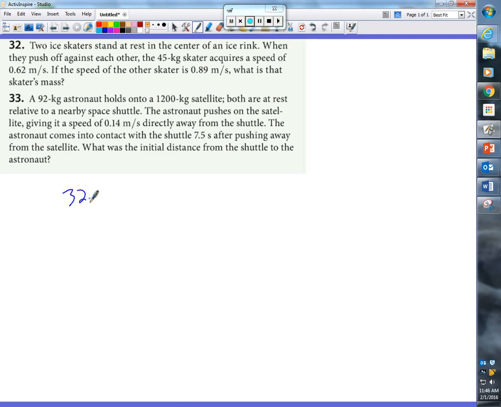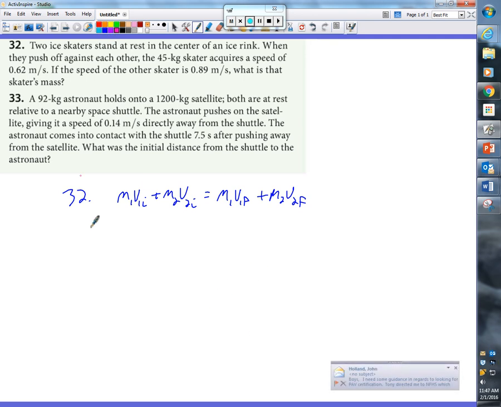So on 32 here, just start with our full conservation of momentum equation: M1 V1 initial plus M2 V2 initial is equal to M1 V1 final plus M2 V2 final. Now, both of them are at rest and they push off each other. Sometimes it's helpful to draw a picture. Both start at rest, and then afterwards they are going to be moving their respective different ways. This person this way,